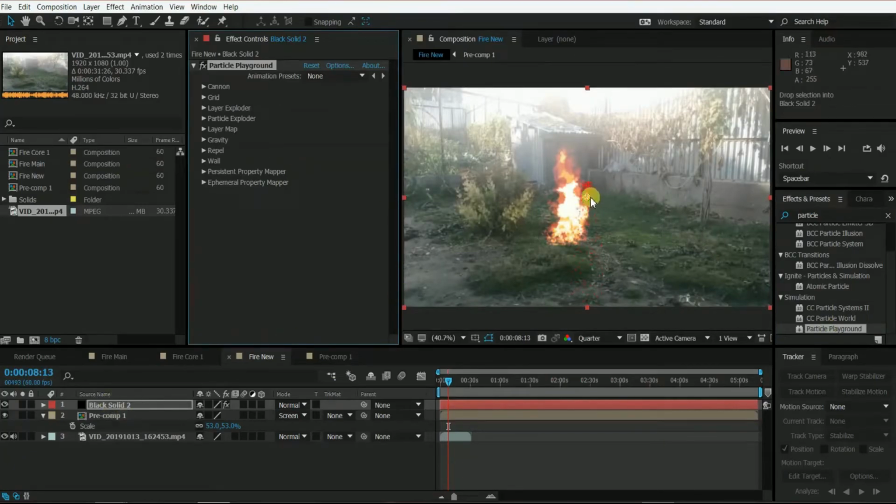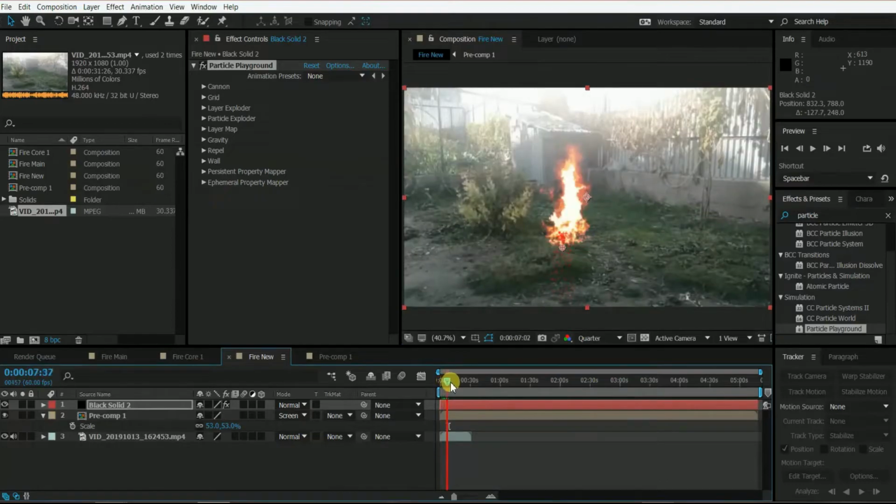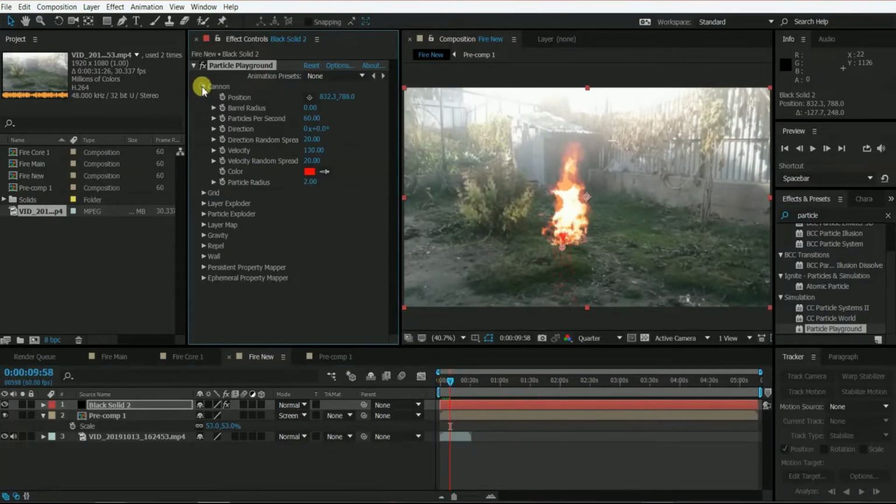On this, I'm going to use particle playground. Remember, this effect will take a lot of power from your computer, so try to use fewer particles for this. Since we want this to move up, we are going to play with the gravity. The first thing that I'm going to do is particles per second. Let's decrease that. I want from 5 to 20. I'm going to decrease the velocity as well. Now gravity is something I want very little. I want these to move upwards,